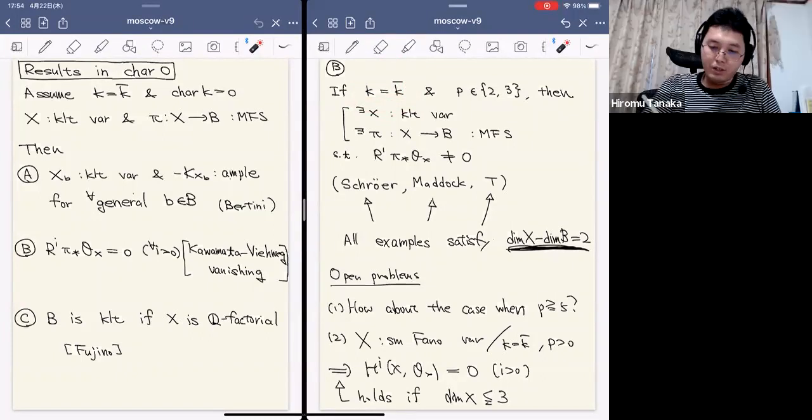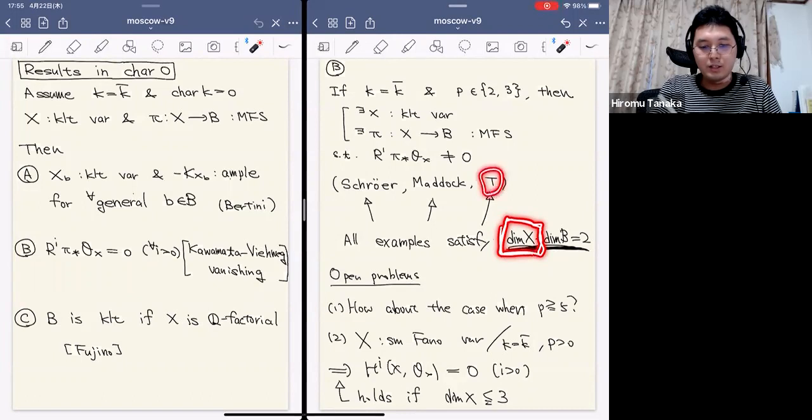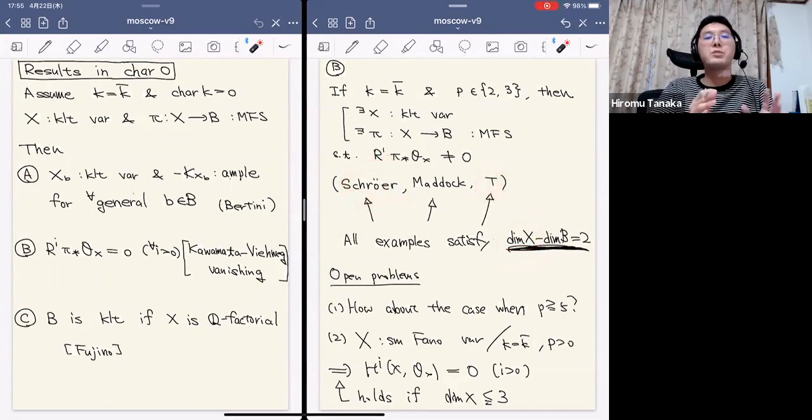So if you just know about the total dimension, then if the dimension is equal to 2, everything is okay. I mean, vanishing is actually okay. And if the dimension is equal to 3, then this counterexample can be constructed for total dimension 3. So dimension 2 is okay, but dimension 3 is not okay. Okay, so now I want to add some details on my example.